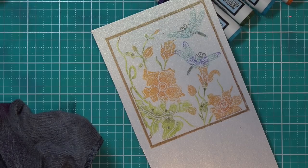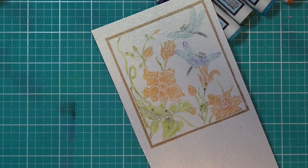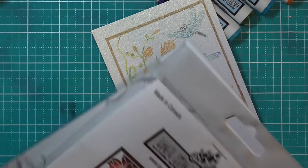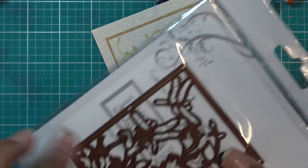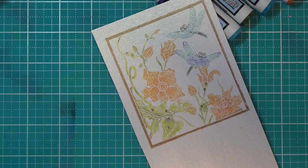Okay. Again, the River Rocks is a super cute background, but I think what I'm gonna do is make this kind of quick and it'll work out great. I'm just gonna use some sparkly blue paper to give it like a water look, but we are gonna use our die. So the next thing I'm gonna do is pop this out. And what I'll do this time is I will,